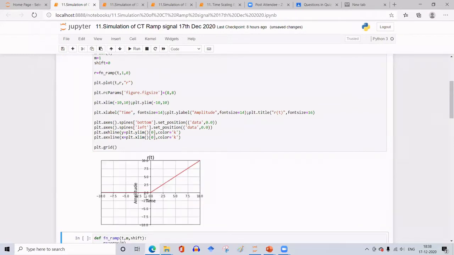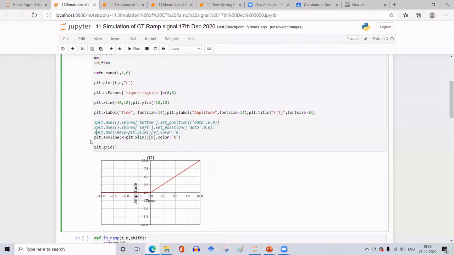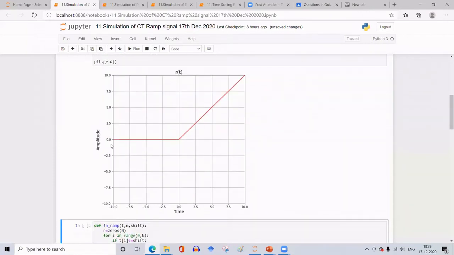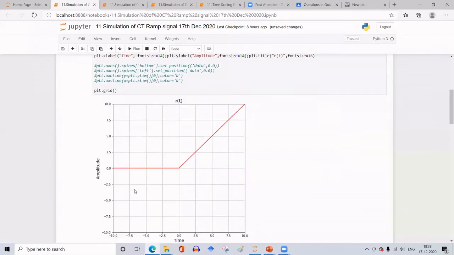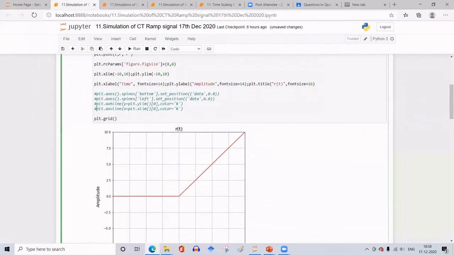Without this, you can also do that, because we don't have any part of the graph in the negative part of the sheet, in the third and fourth quadrant. So you can even suppress this so that you get the graph from below. Suppose your result has a part in the negative part, then you need that so that it will look nice. Anyway, the markings have come to the leftmost and the bottommost here. Yes, we needed that now, because we want the markings to be here and the y-axis to be here. That is why I think I have done this.